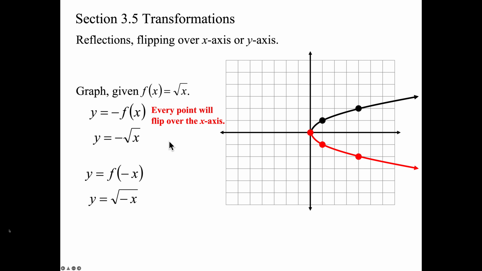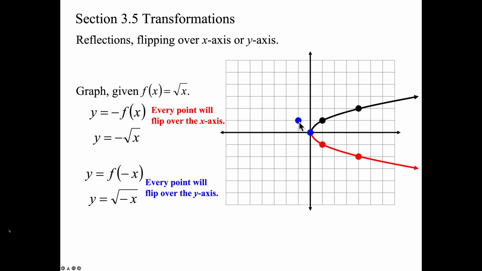Flipping over the y-axis, you have to have your x's change. You have to go from positive x's to negative x's. That's going to be a flip over the y-axis. So here, back to my original function, these 3 points, I'm on the origin, it's on the y-axis, it's not going to move. Second point, 1 unit to the right of the y-axis, it's going to flip to 1 unit